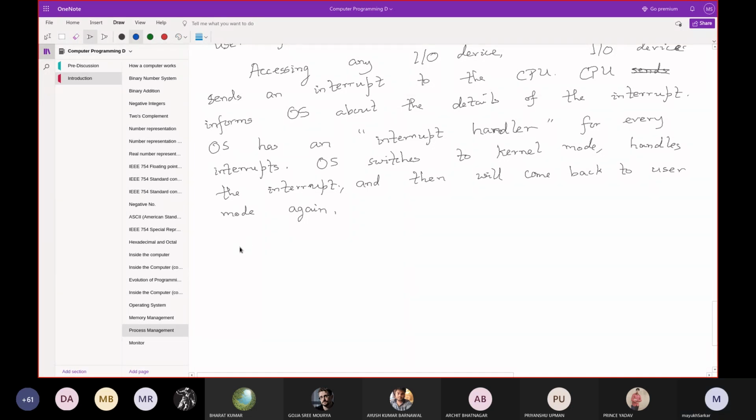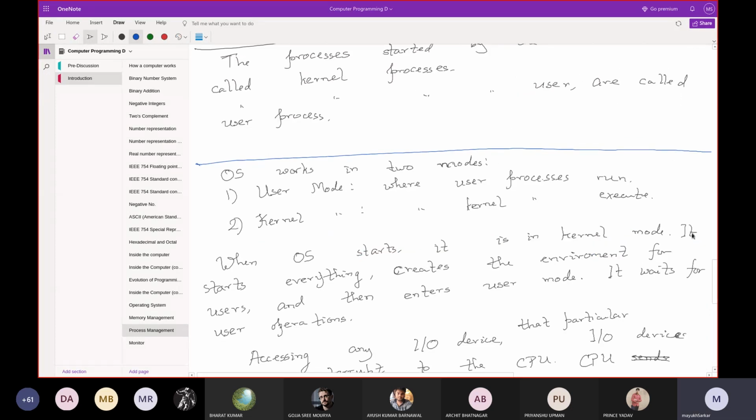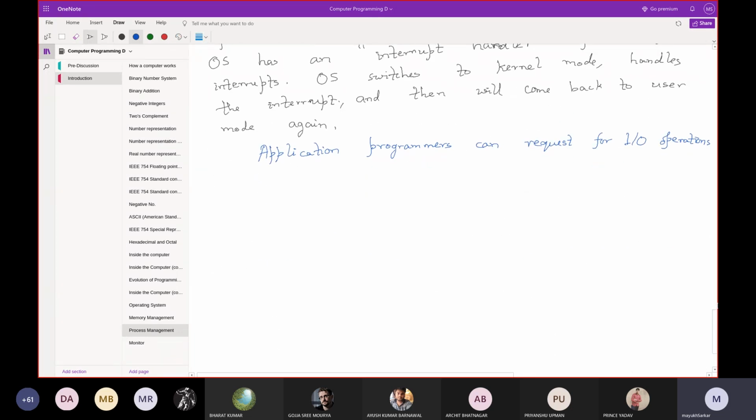Whereas application programmers can request for IO operations.